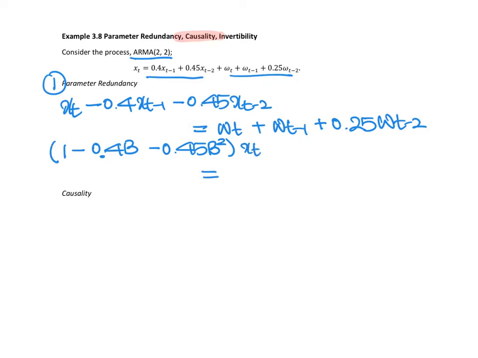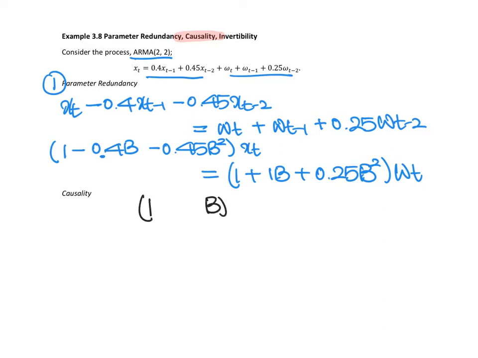This will be the same as (1 plus 1B and 0.25B squared) wt. So finally, it will be the same as 1, let me see, it's a B here and B there, xt,